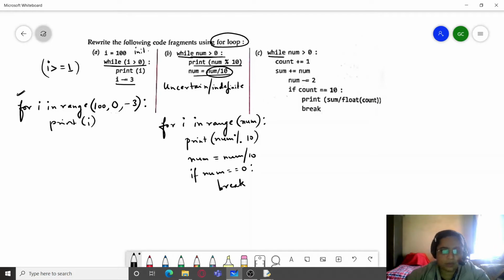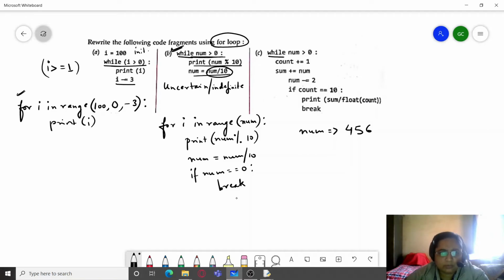Now let us code it and check the output, or let's do the dry run and see the output, because we won't be having our Python IDLE at that time, since these questions shall be asked in the theory exam. So first we'll do the dry run for this part. While num is greater than 0, let us take num as 456.